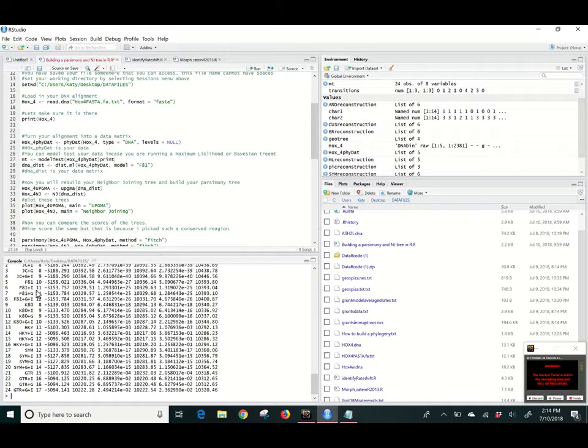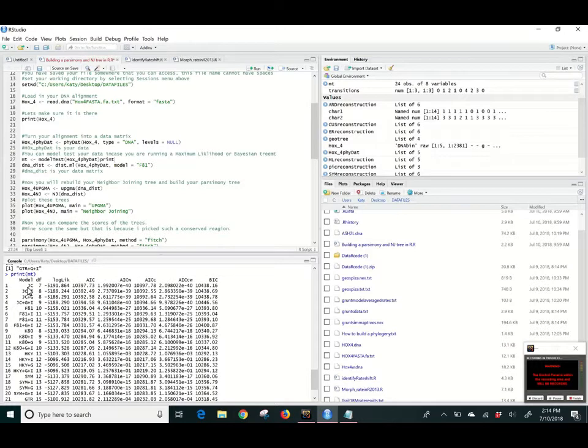Okay, and see, so here's all the different models. There is a diagram on Blackboard that shows you what these models mean. If you ever want to talk about that, I'm happy to, but it's literally not something you need to know. These are different statistical tests to show how well the data fits that model, and what you're looking for is